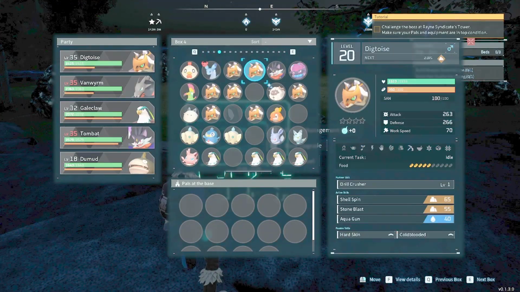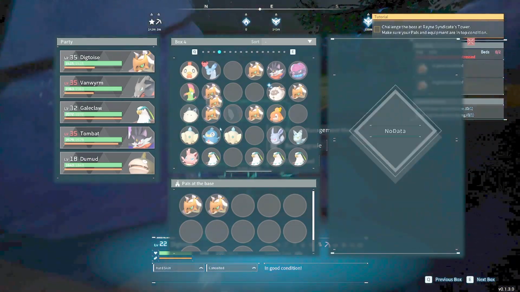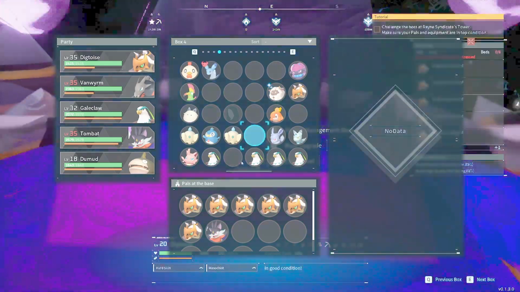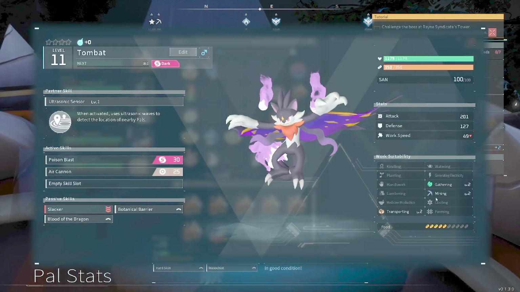Now, I don't want to do that. I want to be lazy. I love being lazy. So we're just going to take them and we're just going to start taking these dig toys out. We're just going to slap a ton of them out of here. The other thing is we'll take a Tombat. Tombats are actually pretty good in regards because they do have transport level 2, they have mining level 2,